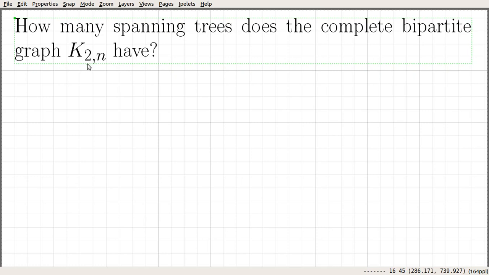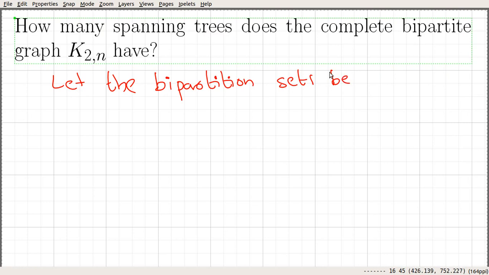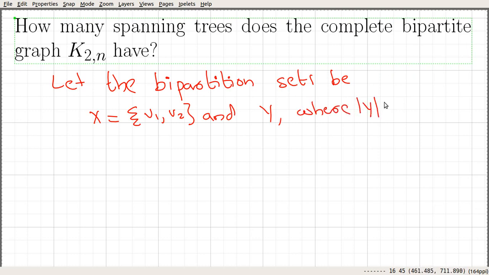Let's call the bipartition sets X and Y, where X contains these 2 vertices, say v1 and v2, and Y has cardinality n, where n is greater than or equal to 1.